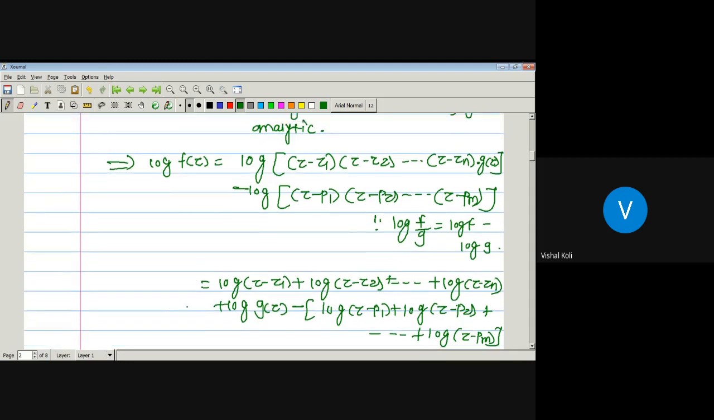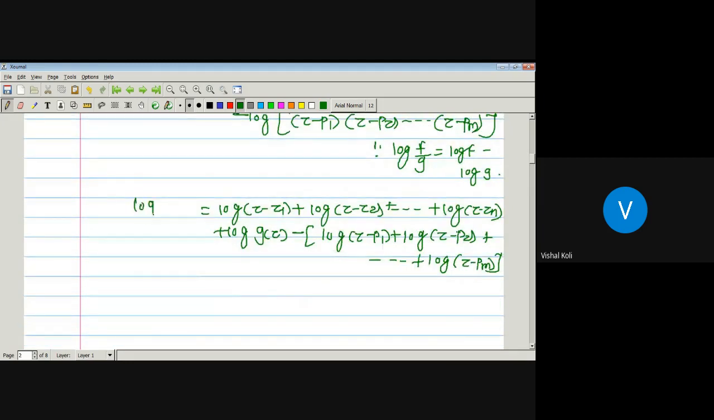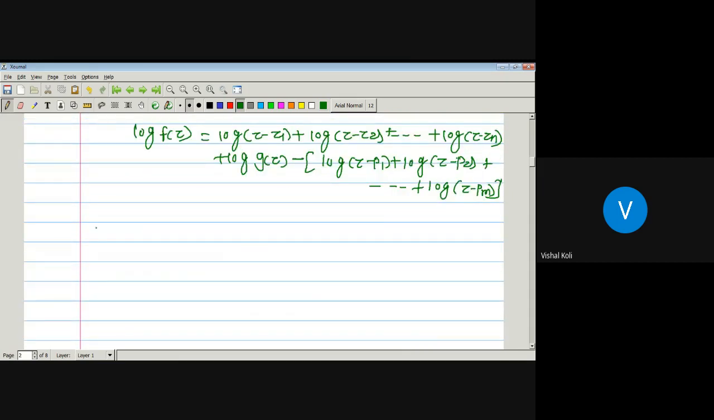Okay, so this will be nothing but log f of z. Now take the derivative with respect to the point z, which implies 1 upon f of z into f dash of z, which is nothing but f dash of z divided by f of z, and which is equal to, now derivative of log x is nothing but 1 upon x with respect to x. Okay, so as here we are differentiating this function with respect to z, it becomes 1 upon (z minus z1), derivative of z with respect to z is 1, plus 1 upon (z minus z2) into 1 plus